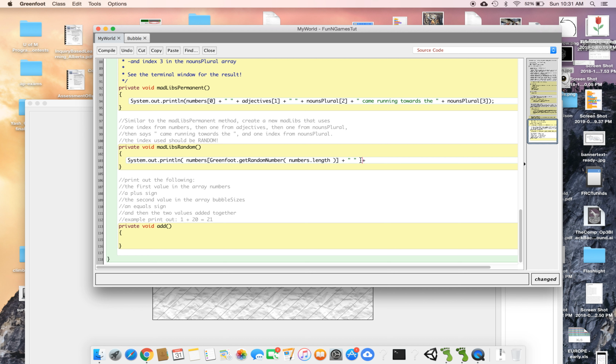Now this builds on things that we did back in Processing. You guys should have an idea and understanding of what's going on here. So we're taking a variable value, adding a space to it, then adding another variable value, and the other variable value we're using this time is adjectives, square bracket, adjectives, sorry,